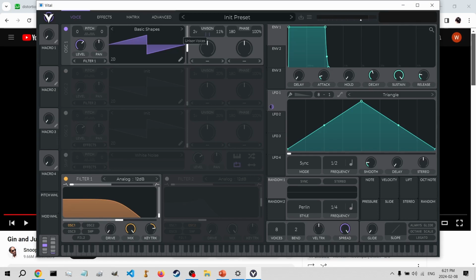There are 2 parameters. We have a voice count, which determines how many copies of our waveform we're playing at the same time. And we also have a width, which determines how far apart the widest voices are. This is usually measured in cents, where 100 cents is just the distance between 2 adjacent keys on the keyboard. And this is a very common sound you'll hear. It's called a supersaw, which is literally just a sawtooth with heavy unison and some